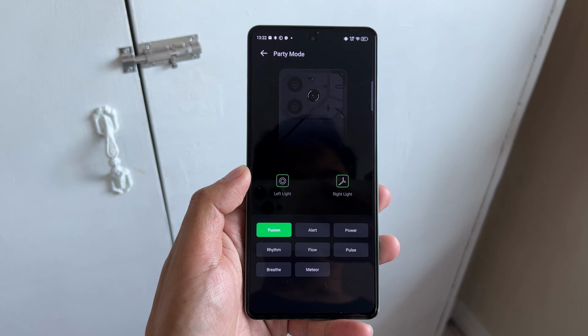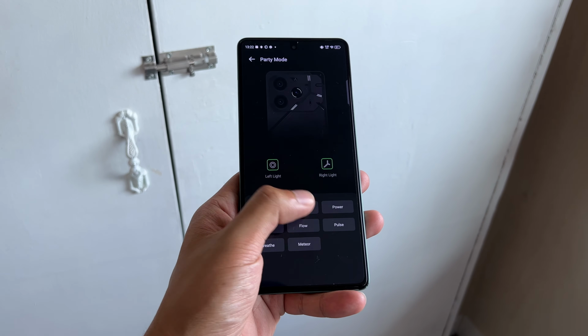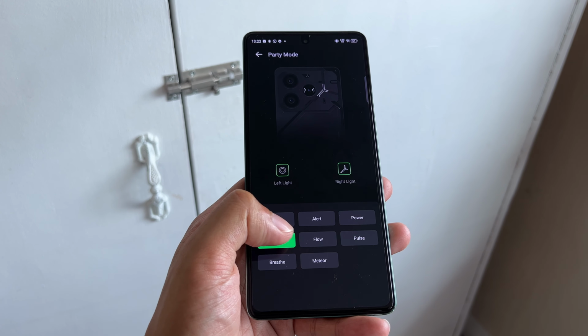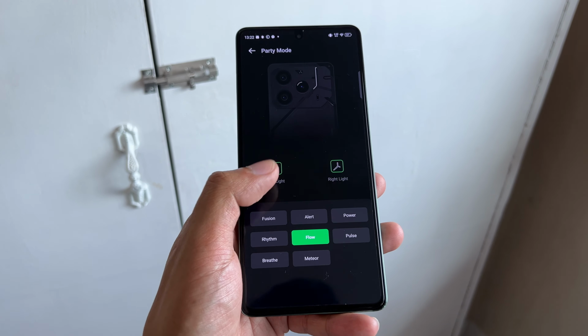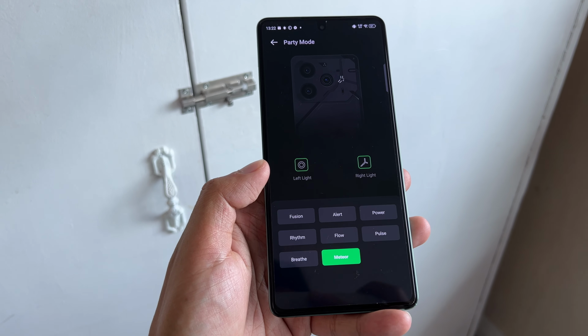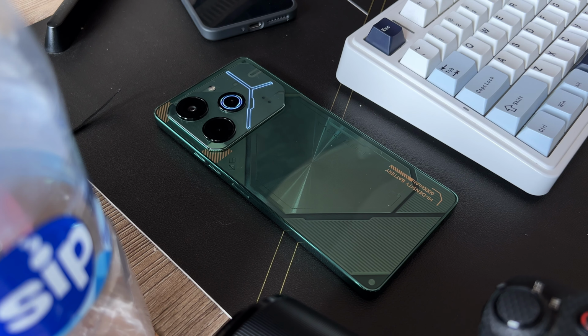Functionally speaking, the Pova 6 Pro's LED, aka dynamic light effect, expands on what you can do with the previous model. So first, you have more effects to choose from, so from 5 now it's 8, but at the expense of colored LEDs. Previously there were 5 colors, but here it's just white, nothing else. The lights are divided into 2 parts, the camera ring and this abstract pattern. There's a toggle called Party Mode that lets you turn on the LEDs all the time if that's what you're